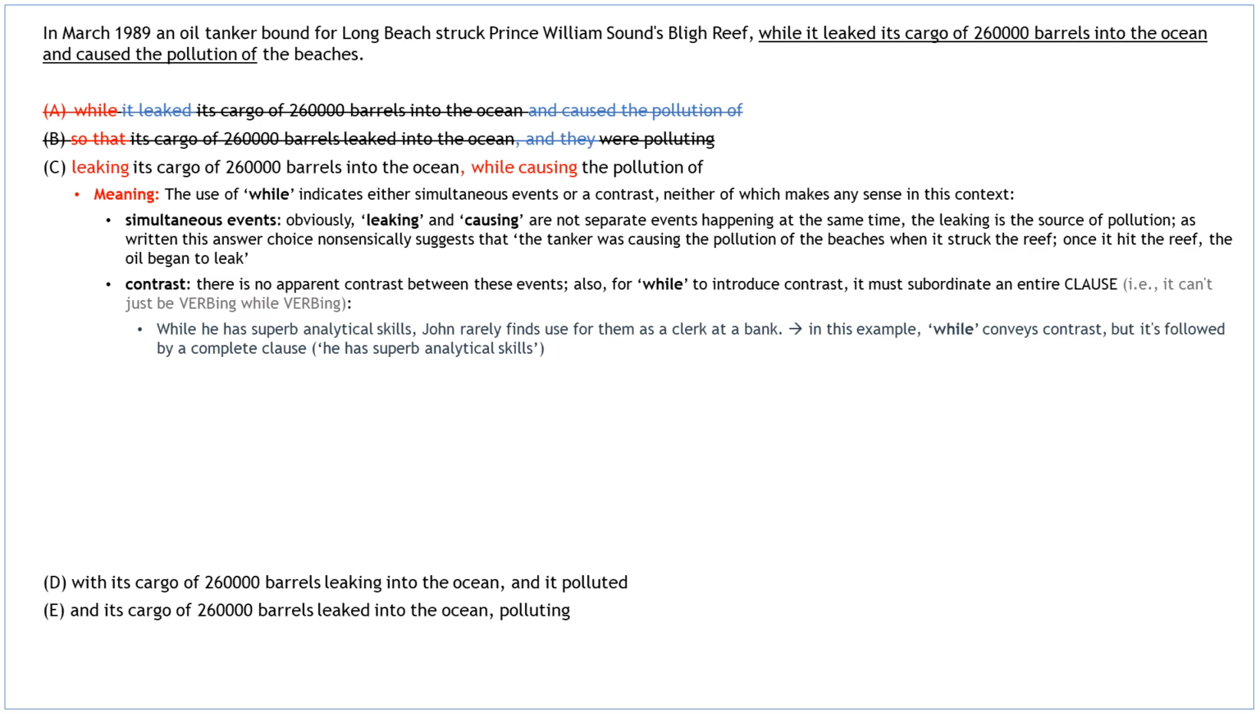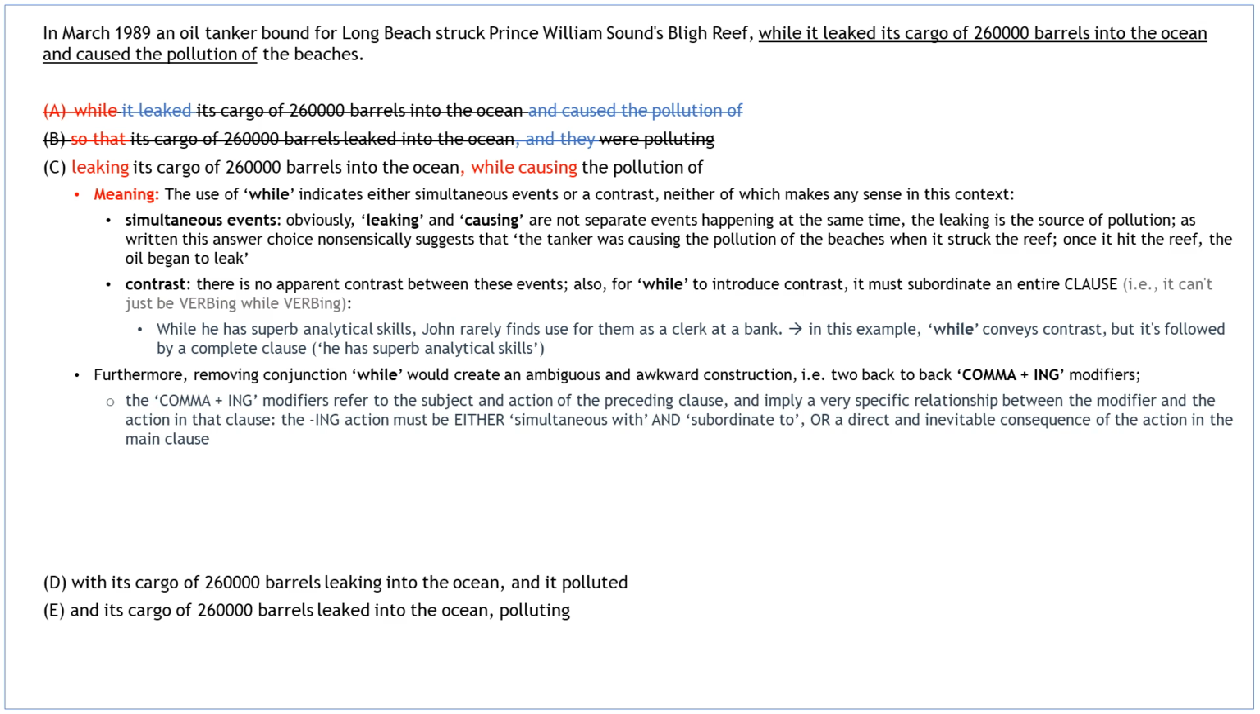Also, for "while" to introduce contrast, it must subordinate an entire clause. It can't just be "leaking while causing." For example, "While he has superb analytical skills, John rarely finds use for them as a clerk at a bank." In this example, "while" conveys contrast, but it's followed by a complete clause: he has superb analytical skills. Furthermore, removing the conjunction "while" wouldn't help either, as it would create an ambiguous and awkward construction, connecting two back-to-back comma